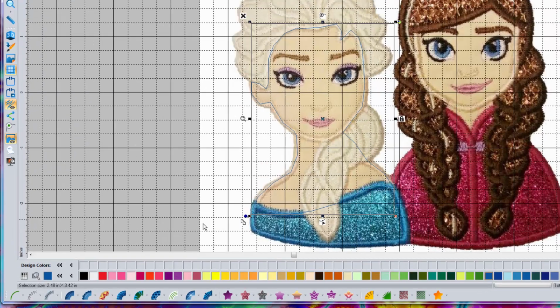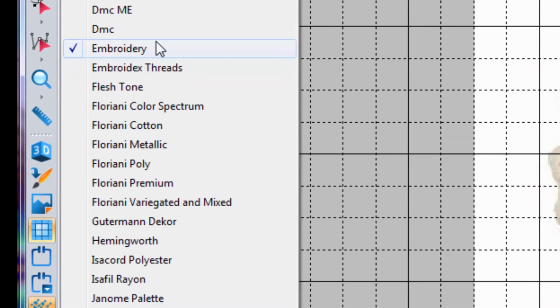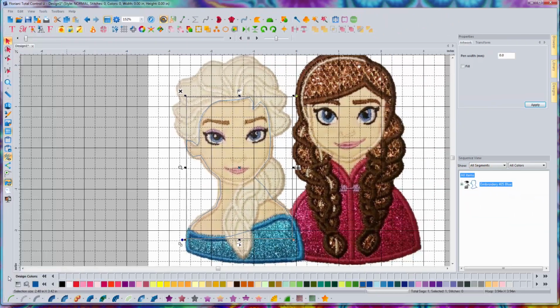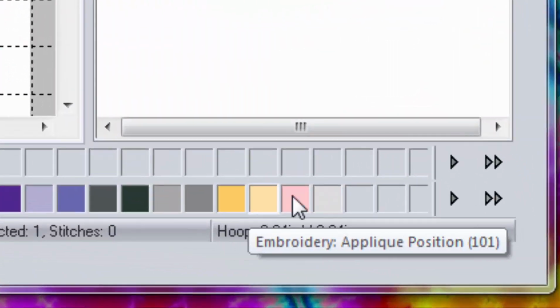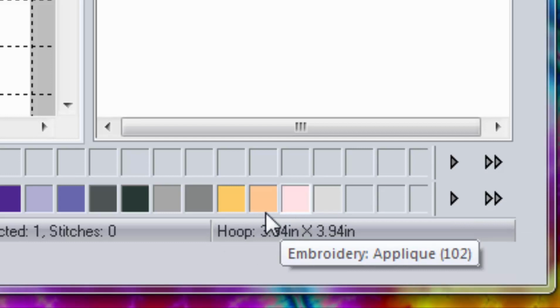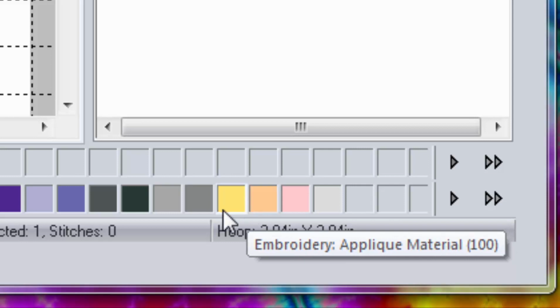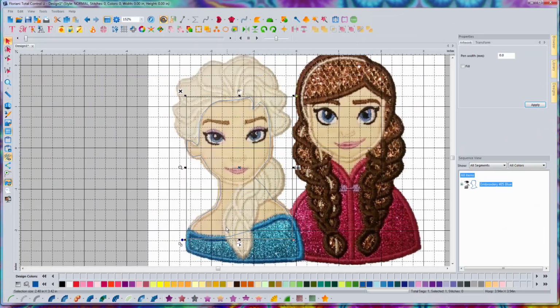Another thing that I would like everyone to do is under your thread chart, hit that and choose embroidery as your thread chart. And that's because we have some colors in embroidery that are made to be the applique material, the applique position. These colors will tell the machine that what you're doing is making an applique for these colors. So I'm going to left click on applique material for this one,